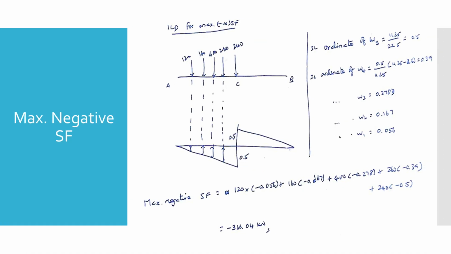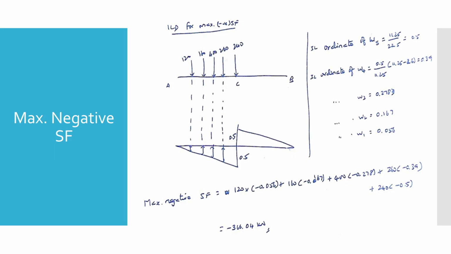With W5 locked at section C, we construct our negative shear influence line diagram. The primary peak ordinate, directly under W5, is a clean minus 0.5. Working backward to the left along our train at our strict 2.5 meter spacing intervals, linear interpolation yields negative ordinates of minus 0.39 for W4, minus 0.2789 for W3, minus 0.167 for W2, and minus 0.056 for our first load,